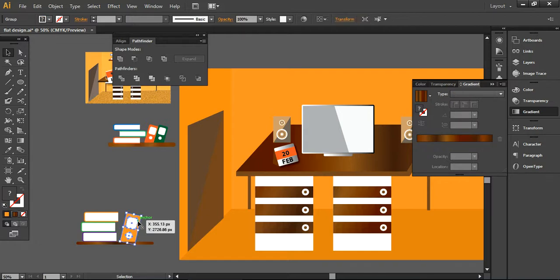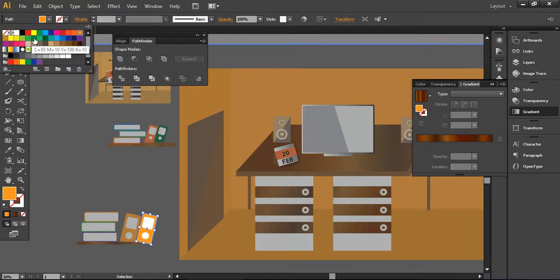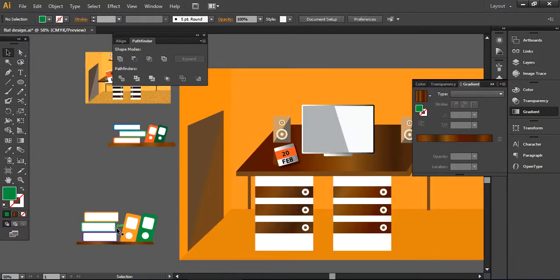and here you can simply take it here and arrange to front, so you can see how it would look. In the same way, press Ctrl C, Ctrl F, and you can create another folder, and here you can change the folder color to green, so it would look like this. Here you can move it here. If you want, you can move it here too. So it will look like this. So the structure is ready. Now press Ctrl G